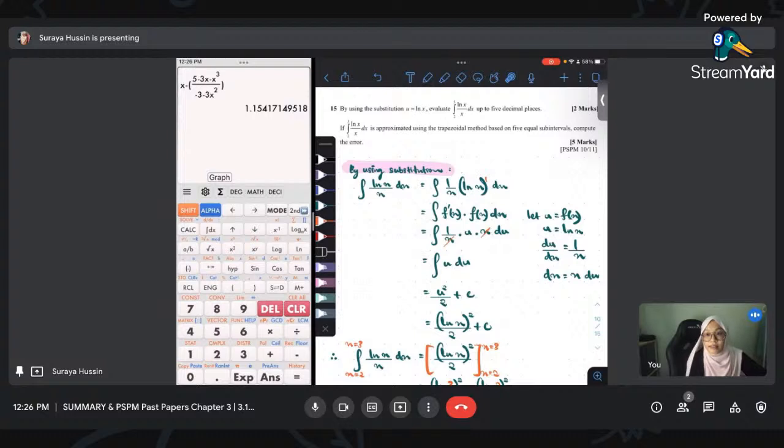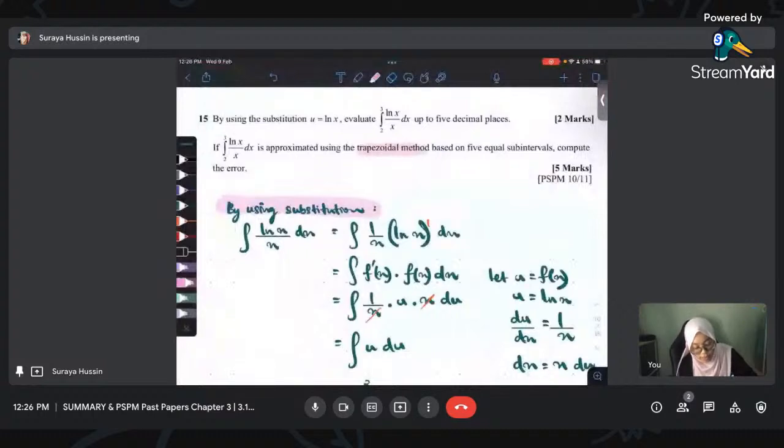Saya dah nak habis dah. Okay. So this is trapezoidal rule. Soalan 15 dan 16 lebih kepada trapezoidal rule. So let me introduce you to trapezoidal rule. But before I go to the trapezoidal method, I would like to tell you that the trapezoidal method ada kaitan dengan